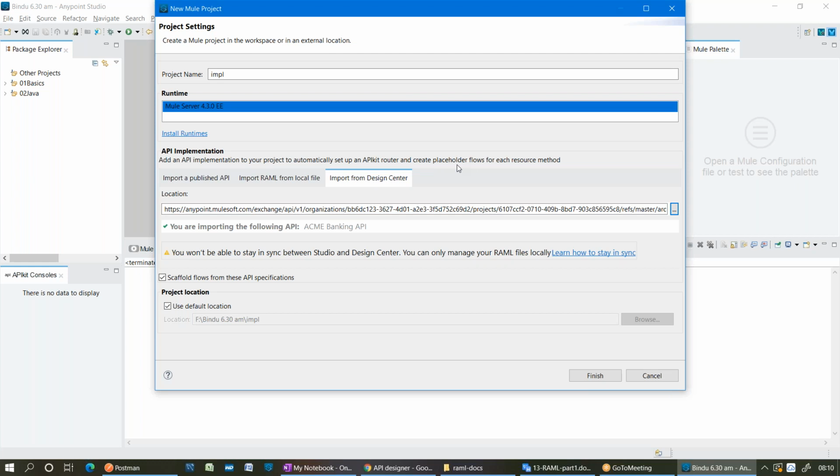That is not mandatory, that we definitely need to use that. It's helping a developer. If you have hundreds of method and resource combinations in your API, it will automatically create basic flows for you. You can edit those flows and write your own implementations. So what are those flows and how did they get created? Let me click on finish.